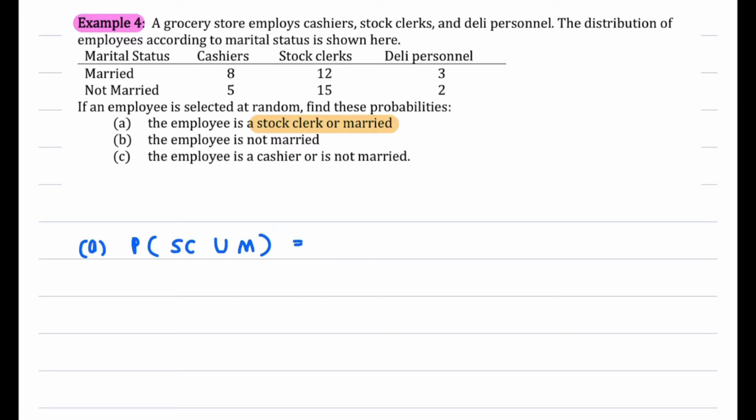So just use the addition rule formula where you have probability of the stock clerk plus probability of married minus probability of stock clerk intersect married. Then how can you have probability of stock clerk? Refer to the table given. The table here we call the contingency table. Just find how many stock clerks you have. 12 plus 15, so you have 27